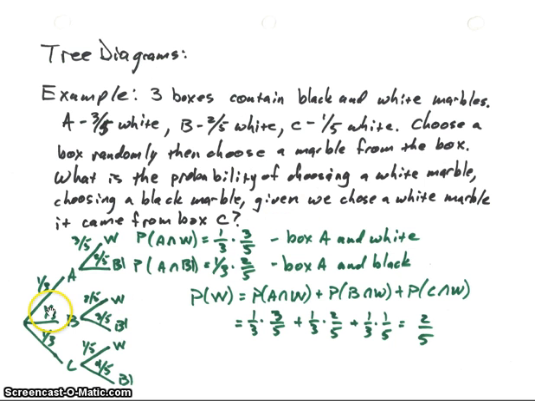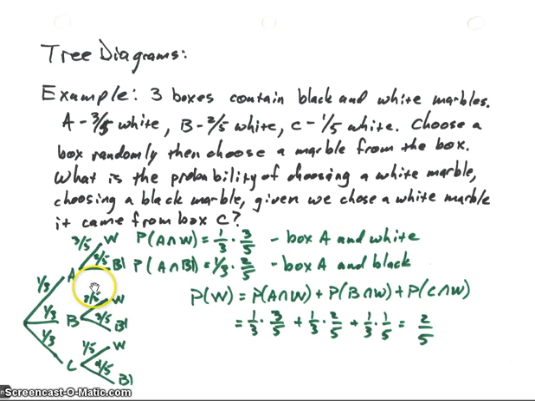Alright, so looking at this tree diagram over here, remember we have a starting point, and then the first part of the experiment we choose one of the boxes. So we're going to choose A, B, or C. Now since we're choosing those randomly, they each have a probability of 1/3 of being chosen. So we're going to put that probability on the line, 1/3, 1/3, and 1/3, going to each of those boxes,